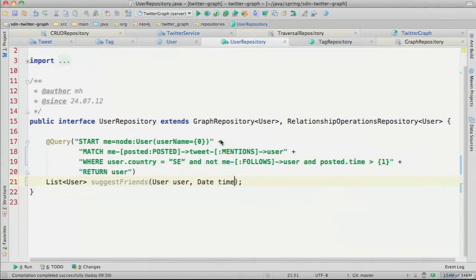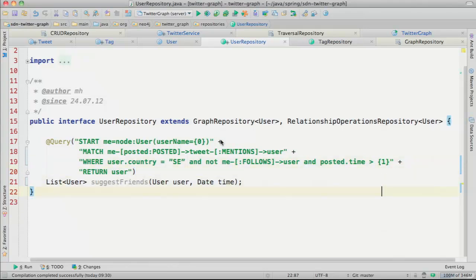So I assign here the relationship to a variable name or identifier name, in the where I can use it and its properties to do something with it, and I can use parameters in the where clause as well, which are referring to the